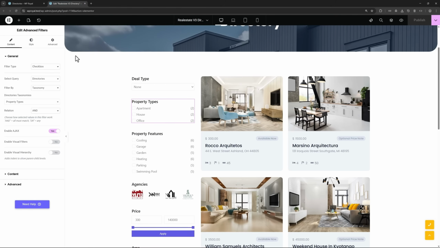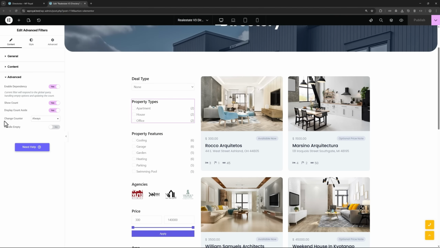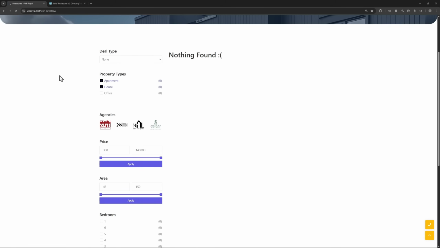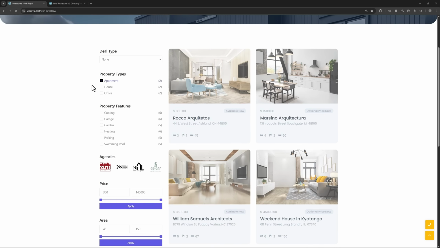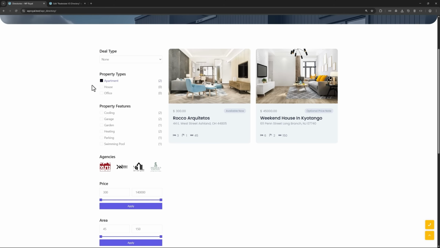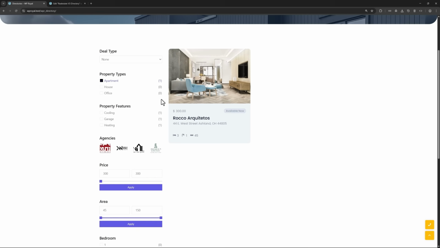In addition, when the relation is set to AND, in advanced settings, I can choose the behavior of the filter counter. By default, change counter will be set to always, which means that when one of the filters is selected, apartment in this case, property types counter will be updated. Basically, when change counter is set to always, filter can update its own counters. And if I apply other filters as well, price range for example, the property types counter will be updated again,